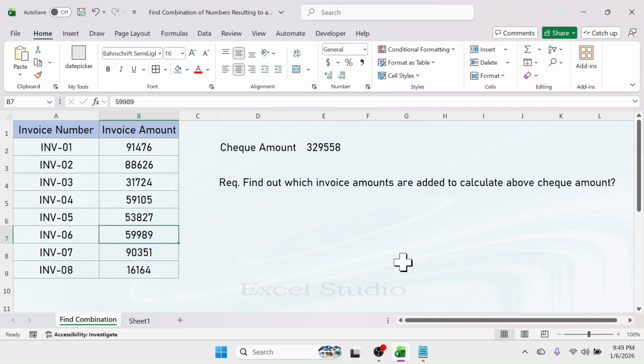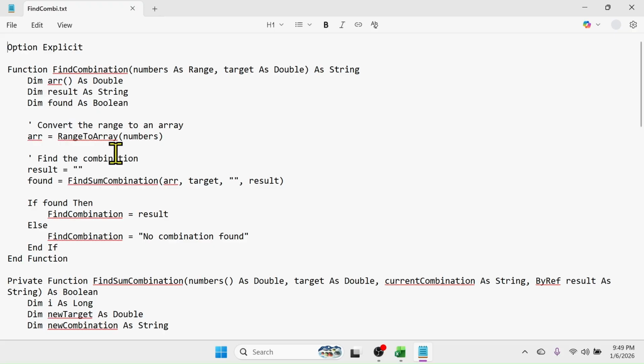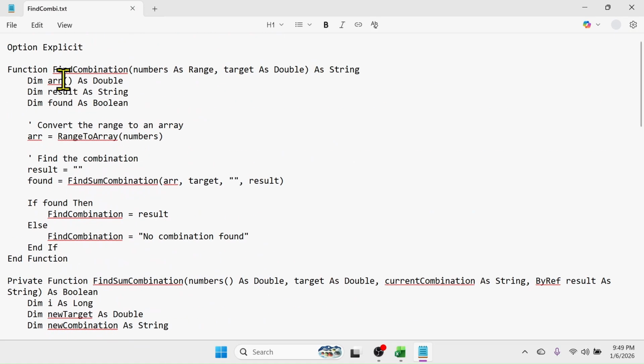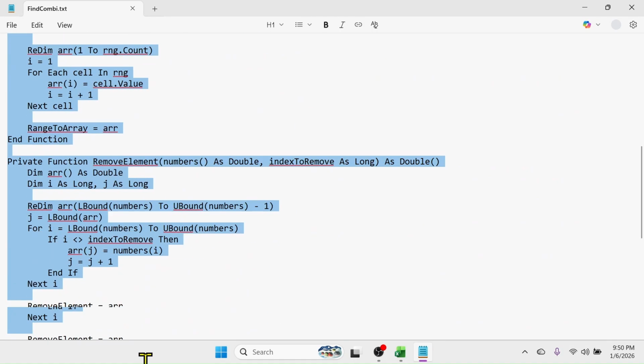And to do this, we can create a custom function by using VBA. And here I have the required VBA code in this notepad document. I'll provide this code download link in the video description below, from where you can copy this code. First of all, select all this code,